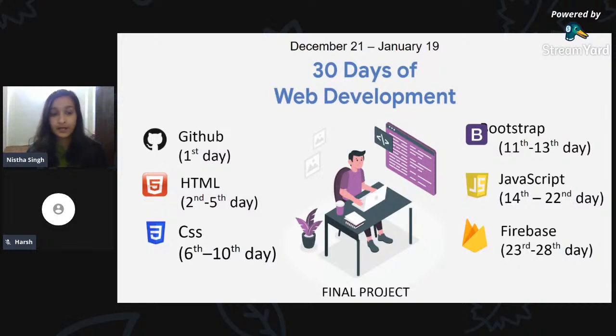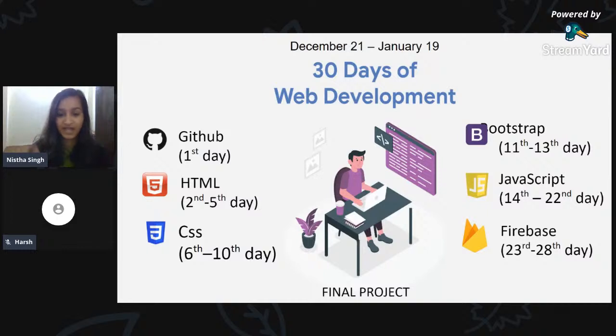And so, why GitHub? One of the reasons is all of our project submissions are going to be on GitHub. So GitHub is a very important portal that you should be familiar with. And it's not just about our program, GitHub is the lead in every single development sector, so you have to be familiar with this technology. And for any beginner, if you are not familiar with GitHub, do not worry. We will guide you through everything in the session tomorrow.